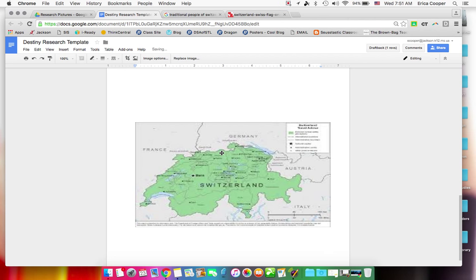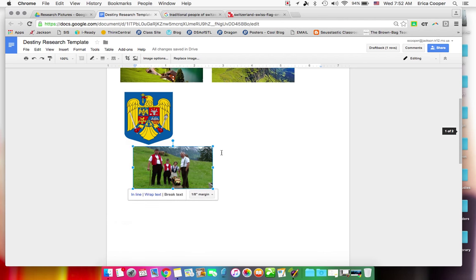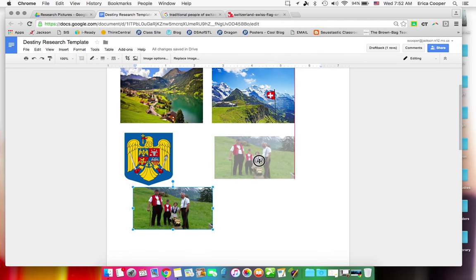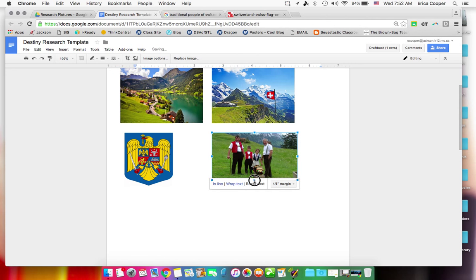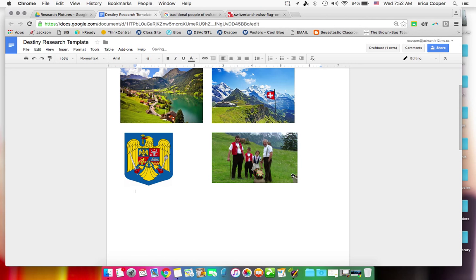And then it looks like it disappears, but if I scroll up, it's right here. So I'm going to drag it over to see if I can get it to be about the same size as my other one. I might want to drag it a little bit this way. When you're resizing your pictures, it's a good idea to use these corner arrows because it keeps the proportions of